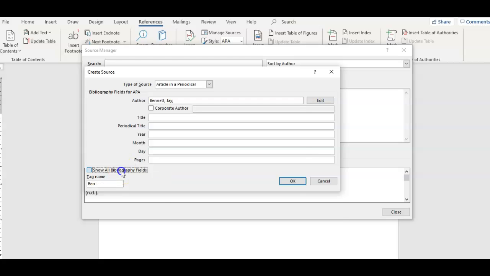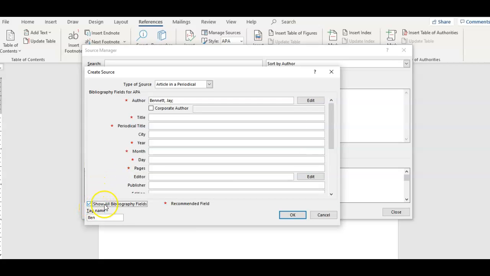Another thing I like to do is to click this little button here that says Show All Bibliography Fields. So the title of the article was How SpaceX, let me look again, became NASA's go-to ride into orbit. Okay, and this is from National Geographic,